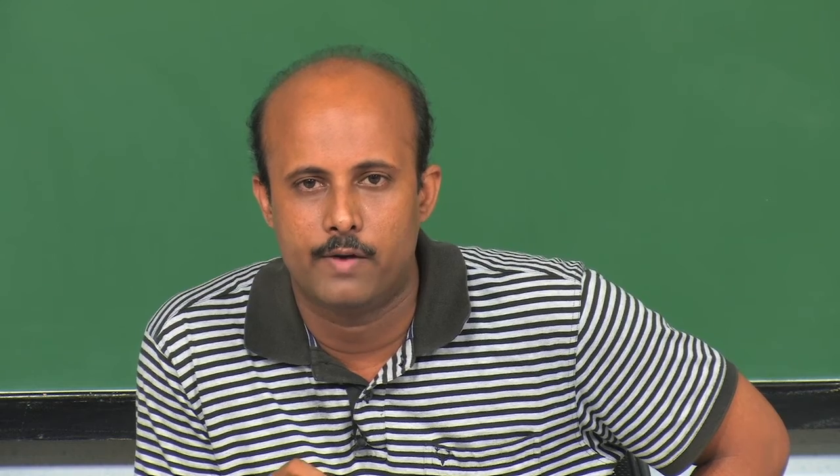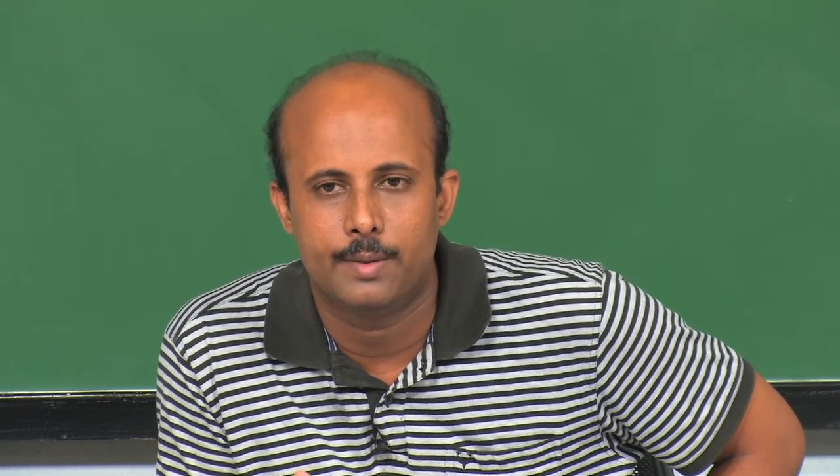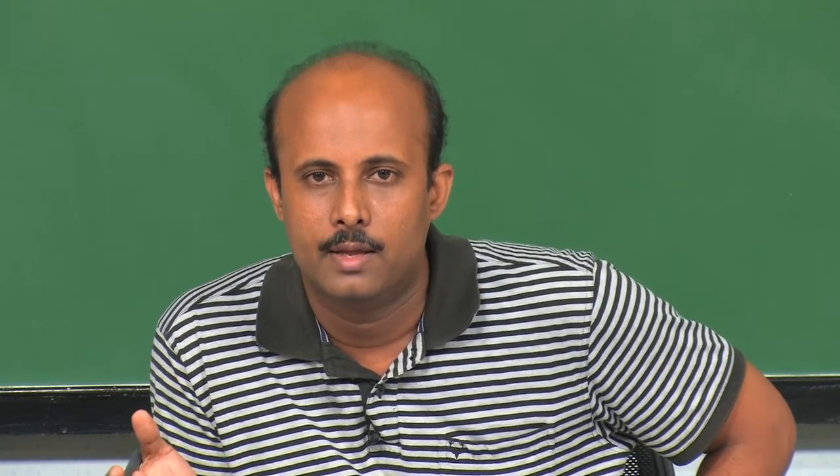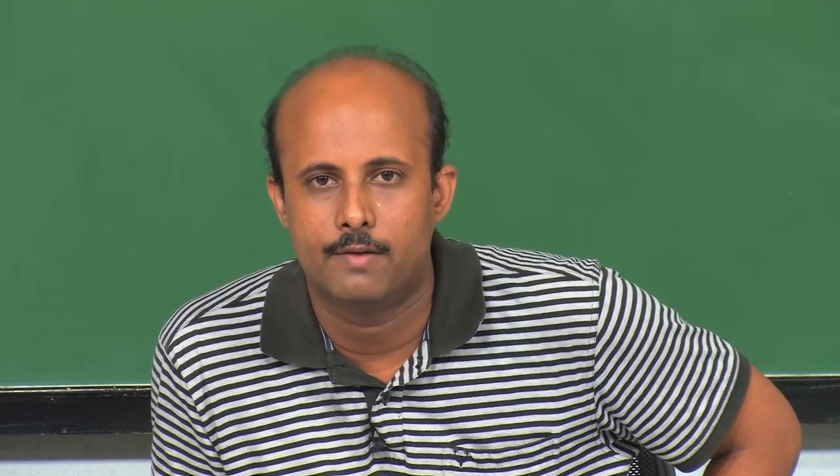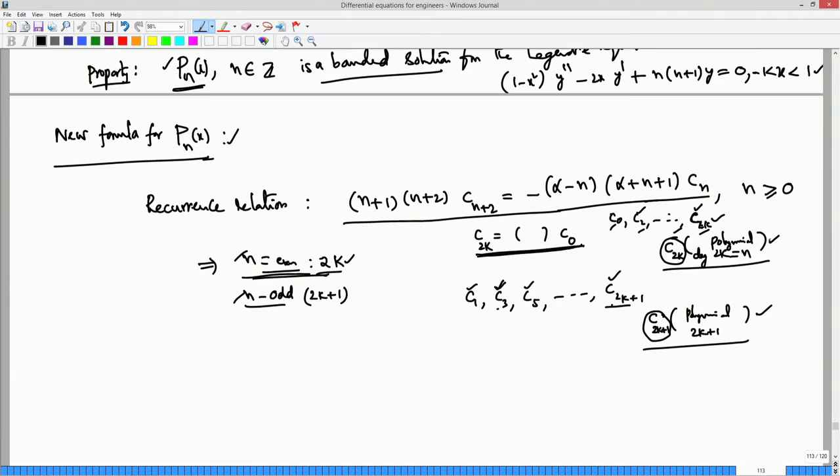So, their difference, if you take these two polynomials' difference, what happens with the same x power n coefficient, when you take the difference, it will become an n minus 1th degree polynomial solution, okay, for the same Legendre equation which is having alpha equal to n. But you know that you do not have an n minus 1th degree polynomial solution for the Legendre equation when alpha equal to n, and then it has to be 0, it has to be series, but it is not series here. And because it is a homogeneous equation, there is no other solution except the trivial solution, 0 is the solution. That means the Pn and this new polynomial should be same,